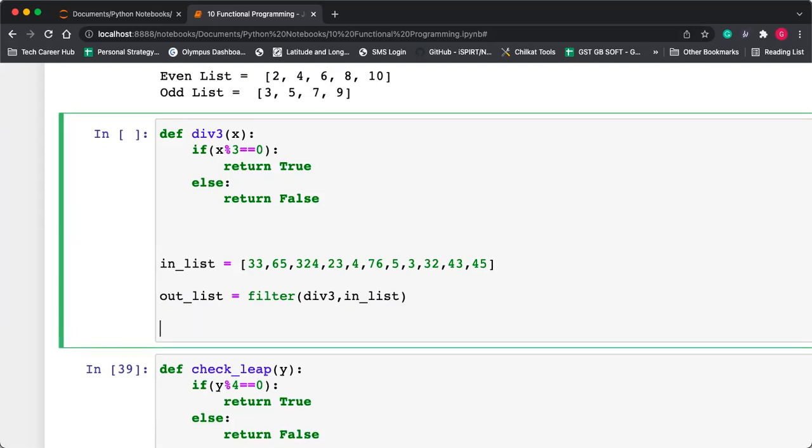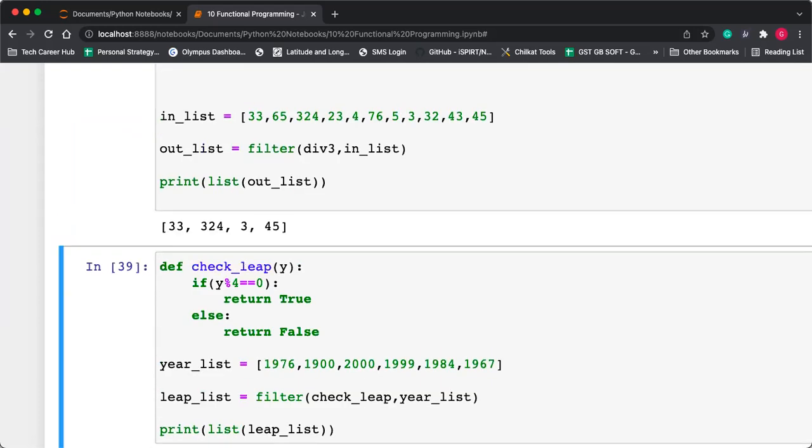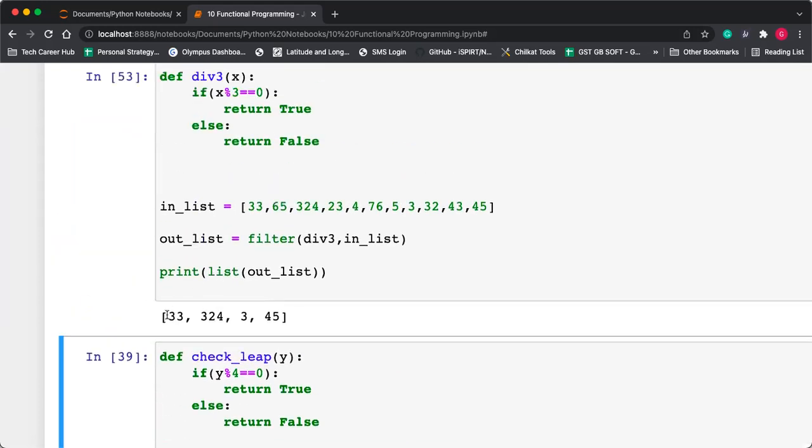Okay, तो इसे क्या करता है? यहाँ पे क्या कर रहा है? जो ट्रू रिटर्न करेगा, उसी को इंक्लूड करेगा, बाकी को इंक्लूड नहीं करेगा. सिंपल है. तो हम यहाँ पे क्या करेंगे? We'll just print out that out list. So yes, out underscore list. And let's see here. There are only 3 numbers which are fully divisible by 3. Yes, Aditya, are you getting this filter?